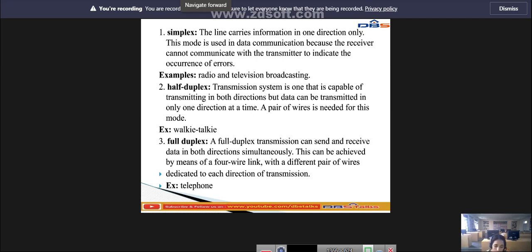So these are the three different modes used between two points. Data can be transmitted between two points in three different modes, that is simplex mode, half duplex mode and full duplex mode. So this is the explanation of this. Next, coming to